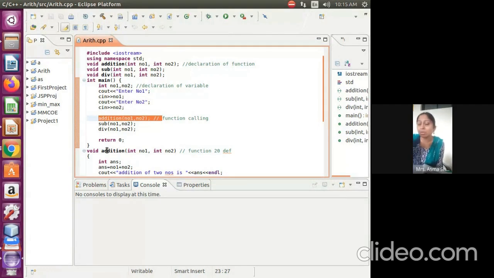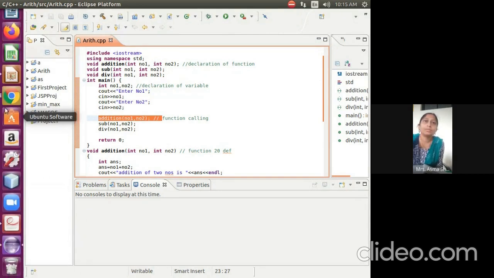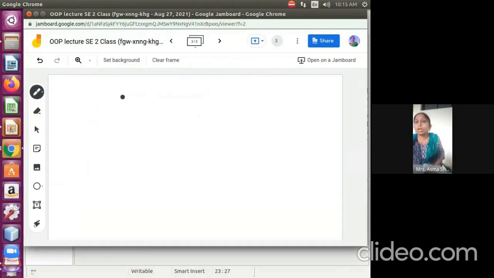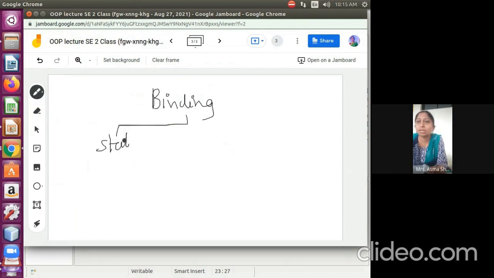One is dynamic binding, the second one is static binding. So one more thing I can show you here. I told you binding is divided. Binding has two forms: one is static binding and the other one is dynamic binding.